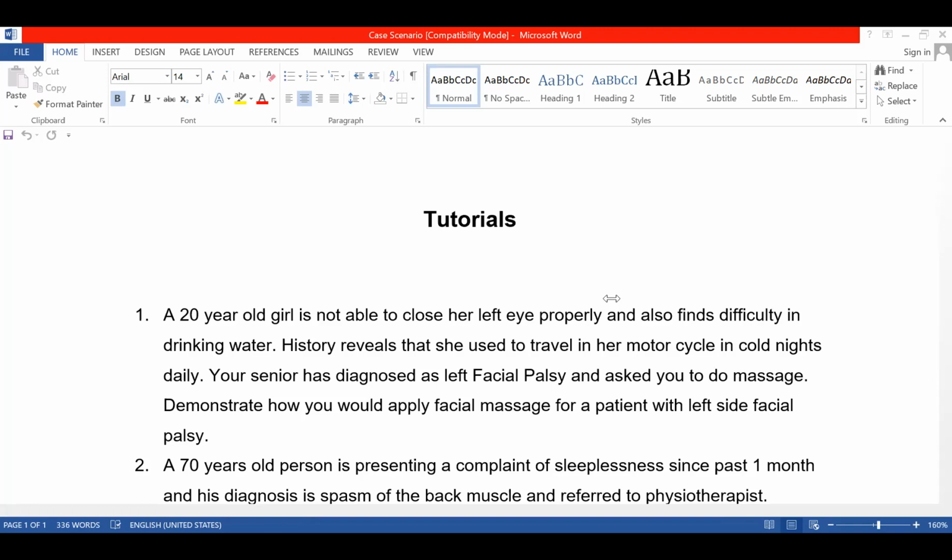For problems in the upper limb like spasticity or flaccidity, you have to definitely do proximal to distal for spasticity and distal to proximal for flaccidity. Is that clear? So the remaining directions, you can choose your own according to the patient's condition. Hope I have answered all the questions.